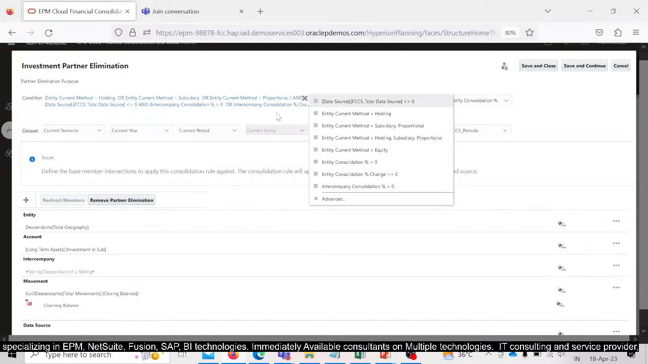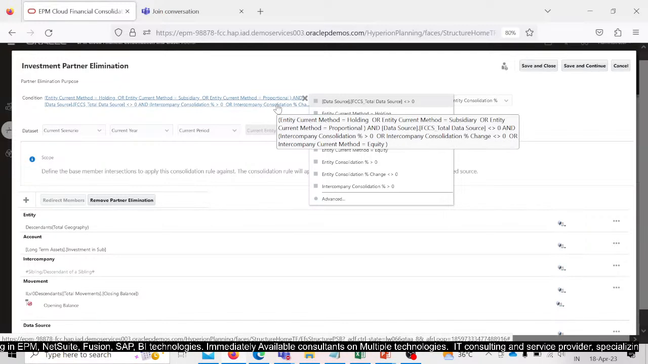When you click on this condition, you will get this drop down list from where you can select all the required conditions. So right now we have taken the method which would be applicable on holding, subsidiary and proportional method of consolidation, where data source will be greater than or less than 0. Consolidation percentage should be greater than 0. Percentage change should be greater than or less than 0. Or the intercompany current method is equal to